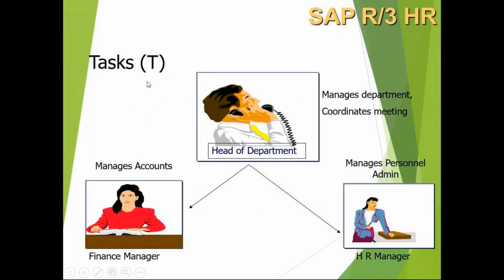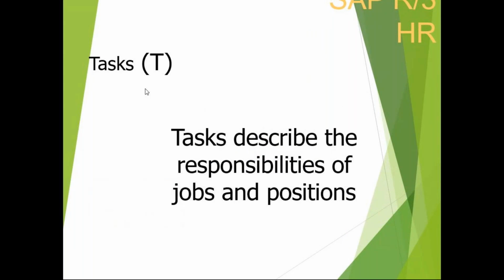Now, coming to the task, you can understand task as what activities are to be attended. So task means job description. The job description is very clear when you are recruiting, right? Whenever you are recruiting, your job classification or job description will be there, very clear. That is called task in SAP HCM. The task is the description of the responsibility of the job